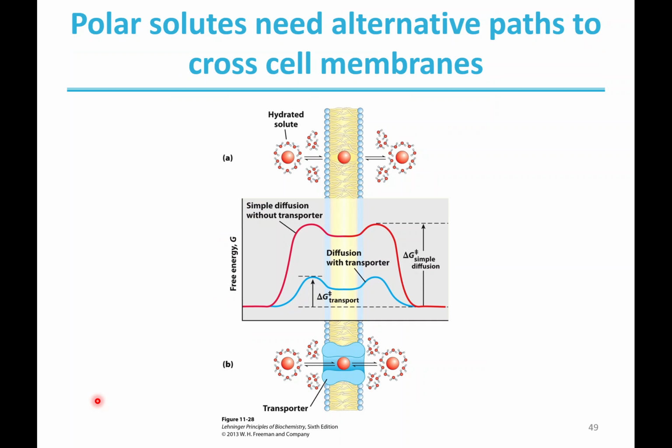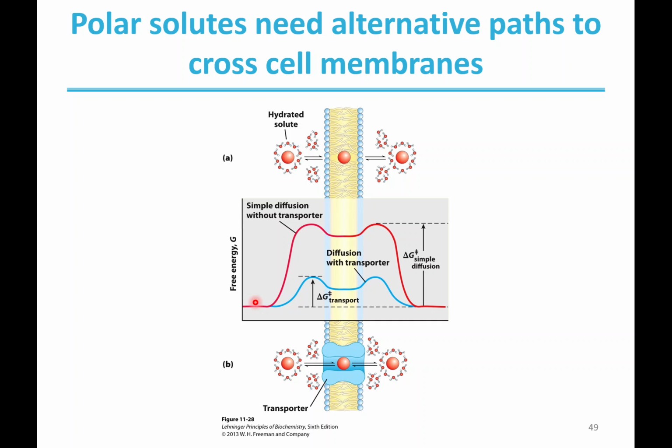Okay. Right. So if we're looking at a polar molecule just simply diffusing through a membrane, what would that look like? Well, it has a sphere of hydration around that polar molecule. The polar water molecules are interacting with that polar molecule. For that polar molecule to diffuse through the membrane, all those water molecules associating with it will just have to break off and